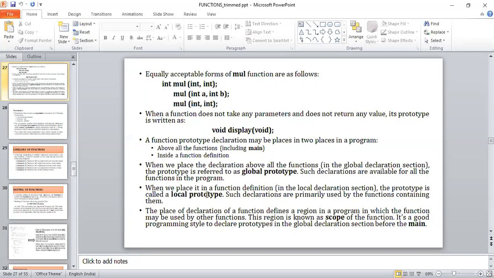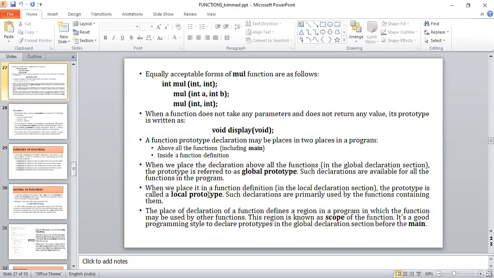Local prototype is nothing but we can place that function definition in the local declarations itself. For example, let us consider a situation. I have written a program with a main function. In the main function, if I keep that function declaration and restrict its usage only to the main, then it becomes a local prototype. Once the main function is called and the control comes to that function, whatever we have written in that local part, thereby the execution takes place.